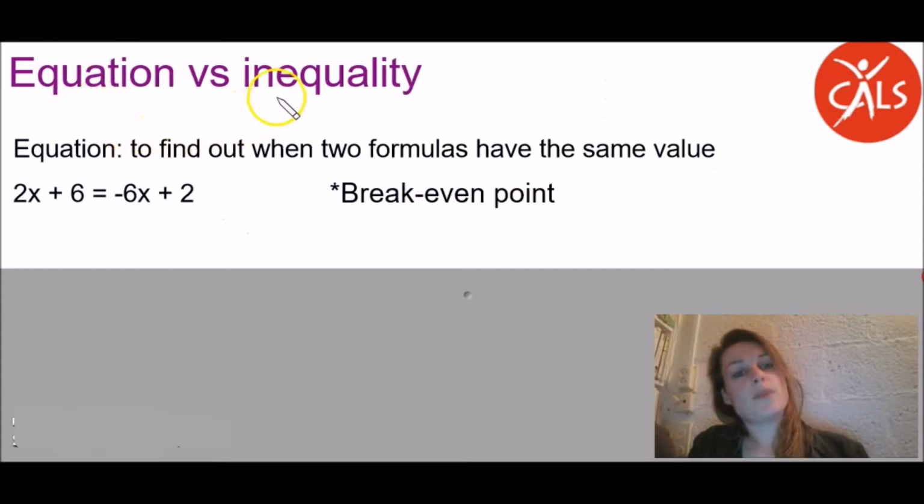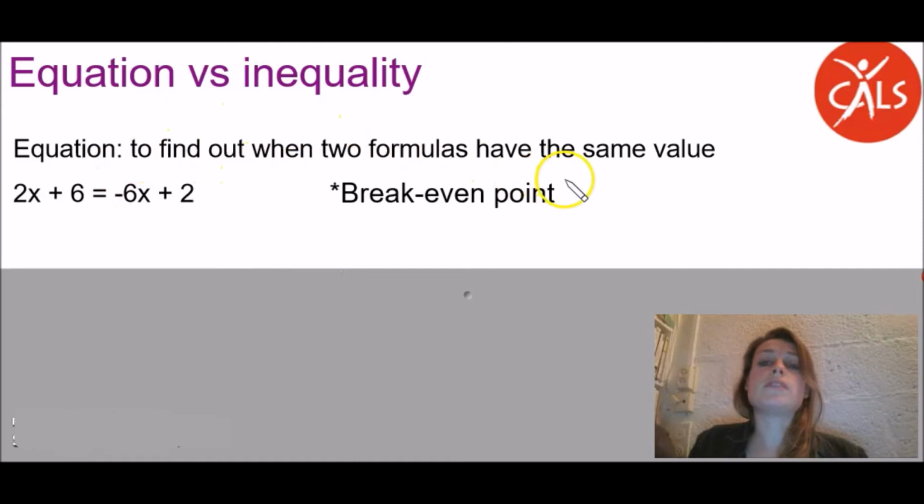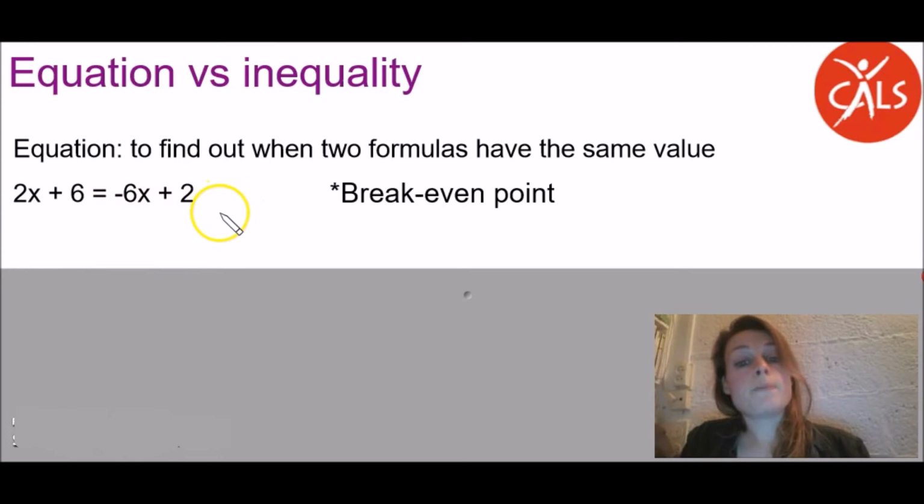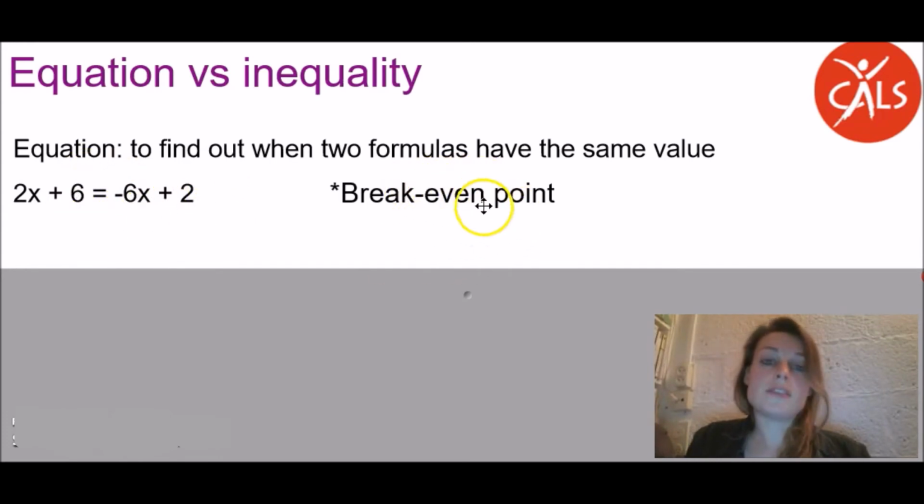Equation vs inequality. So an equation, you already know, is to find out when two formulas have the same value. Therefore you always have a formula and then an equal sign and the other formula, or just one line, for example 2 or 23. This is called the break-even point. So when two formulas are the same, it is called the break-even point, and it's used in money matters like